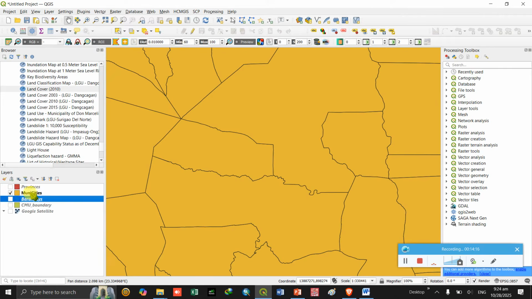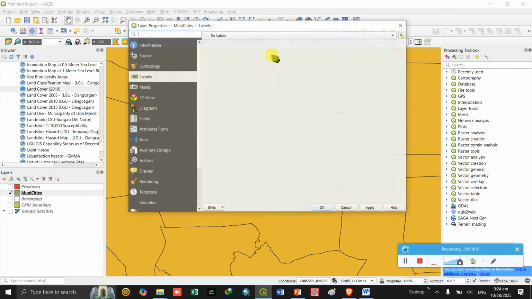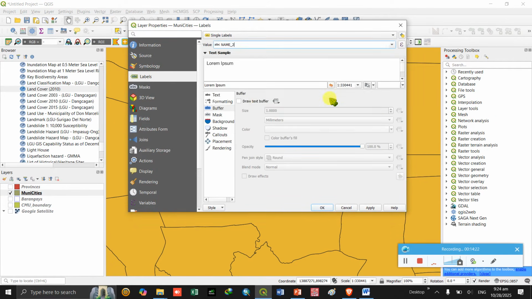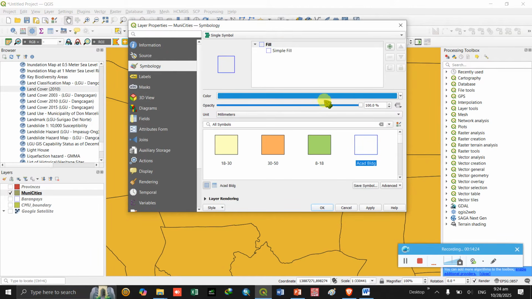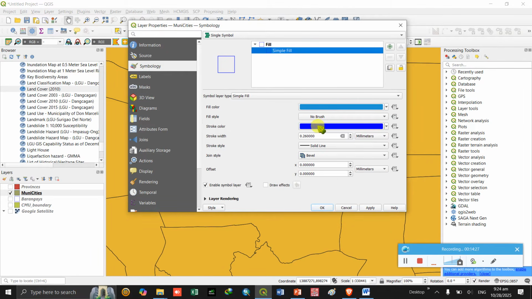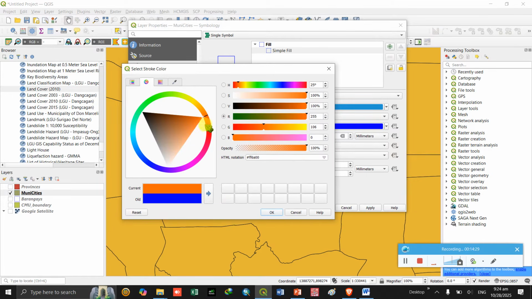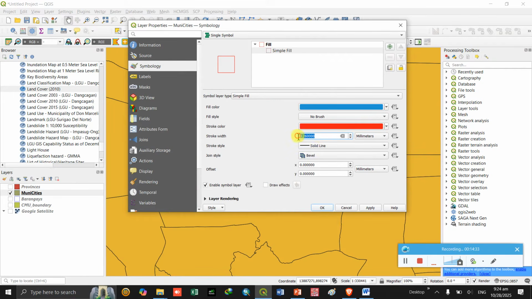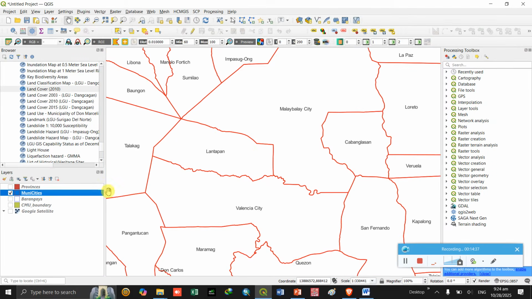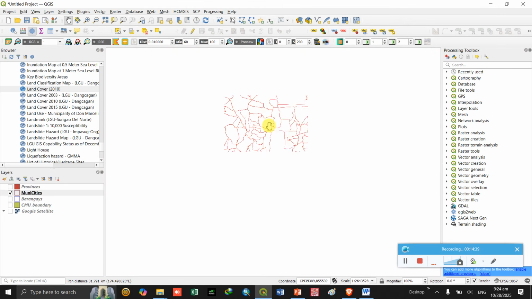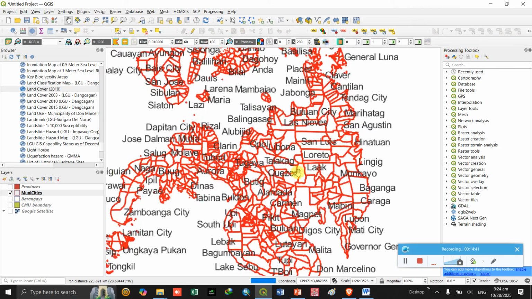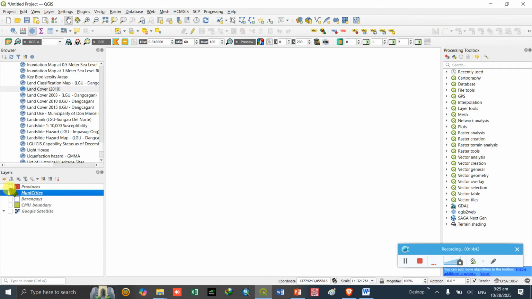About the municipalities, labels, name 2, symbology, yeah. We can set it to say red, and 5. Okay, so this is the municipalities and cities.